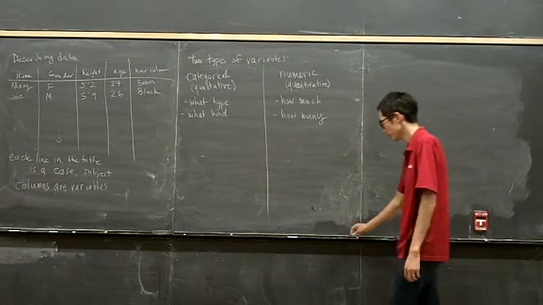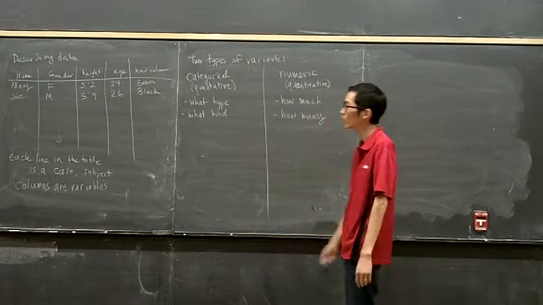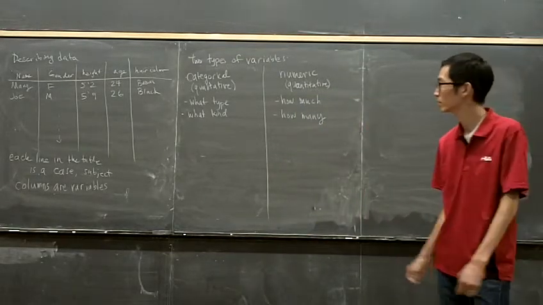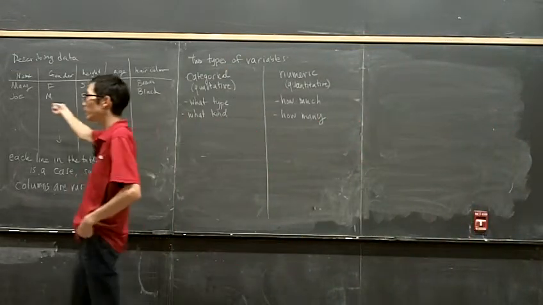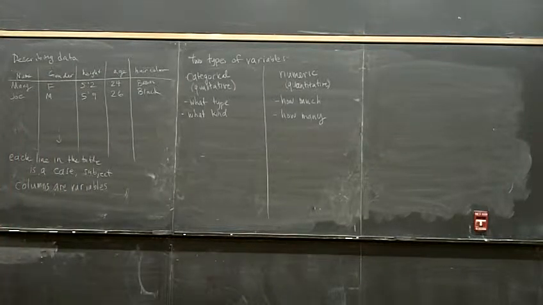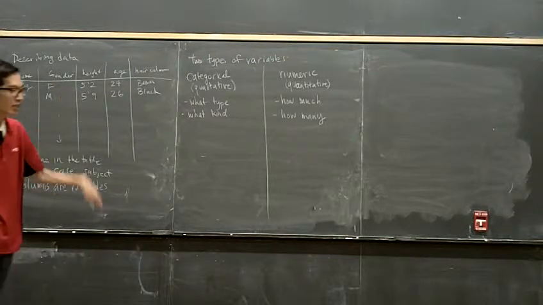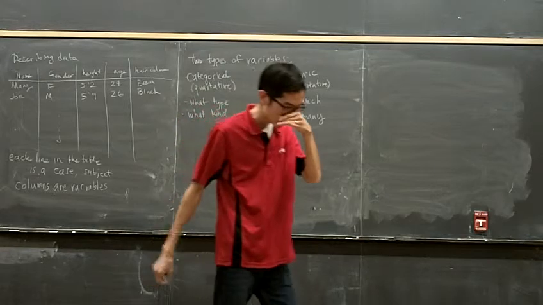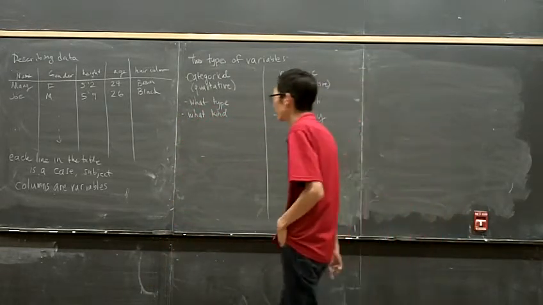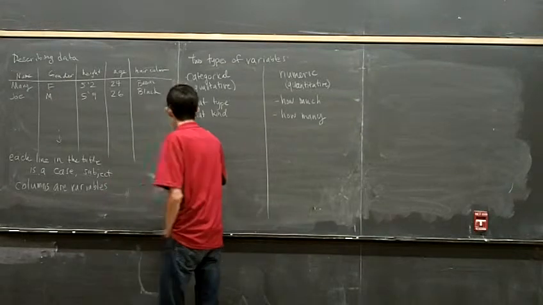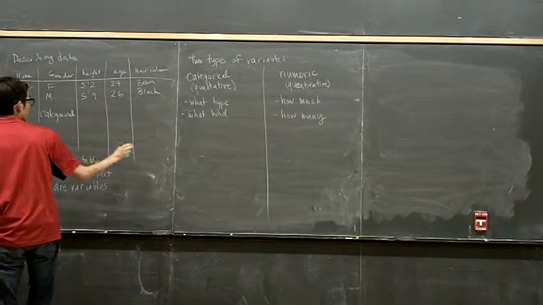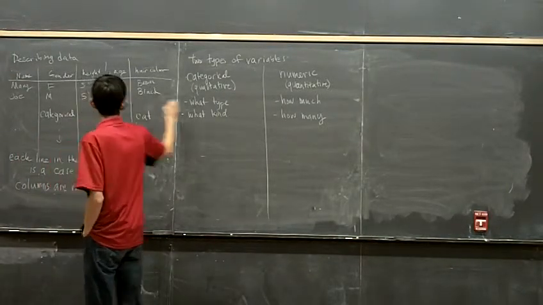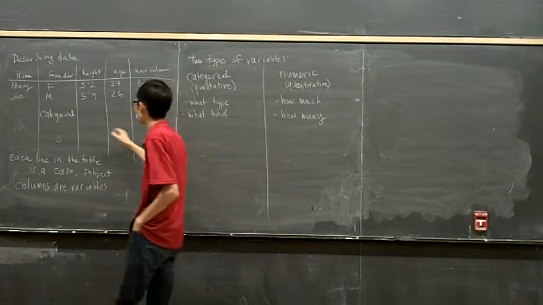So over here, which variables are categorical? Name, gender, and hair. What we do with name may or may not be a variable. A lot of times we'll call this an identifier. It identifies the individuals, and it could just be an ID number or something. But definitely gender would be categorical, and hair color. And that leaves the other two as numeric, because this tells you